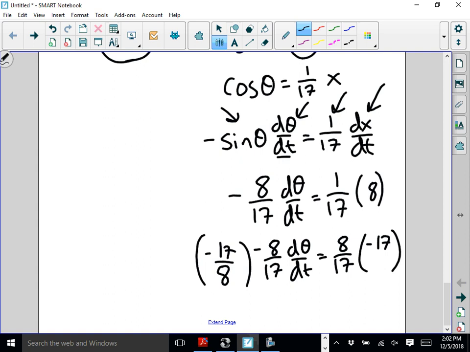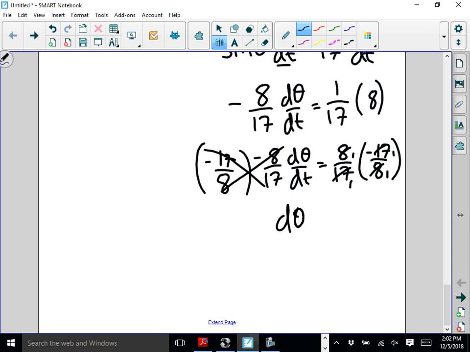All these numbers are going to turn to 1, except that negative 17 is going to turn to negative 1. These will all cancel, and I get d theta dt equals, don't forget about the negative, negative 1 radian per second. I measure angles in radians